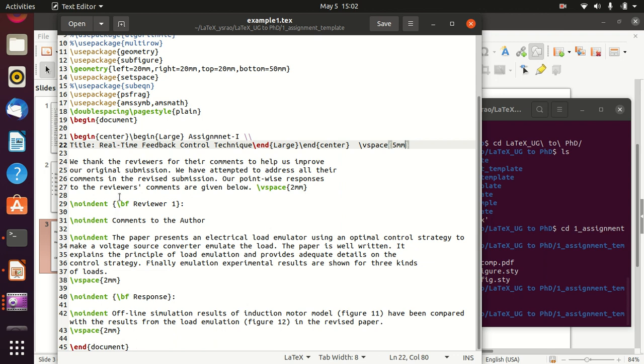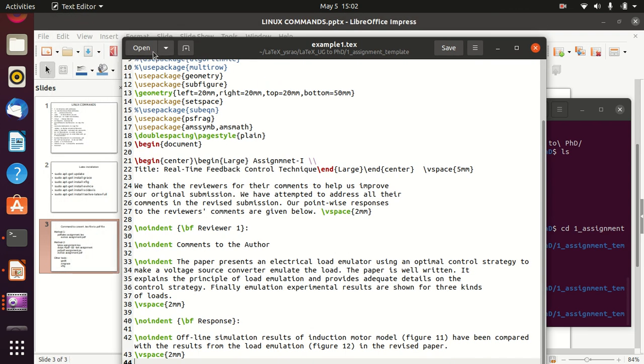So begin document, end document is actually your PDF. The rest of them are the commands which don't appear. So you can use any editor. Right now I use gedit, but for that matter you can use any editor. So after that, save that file. Once you save the file,